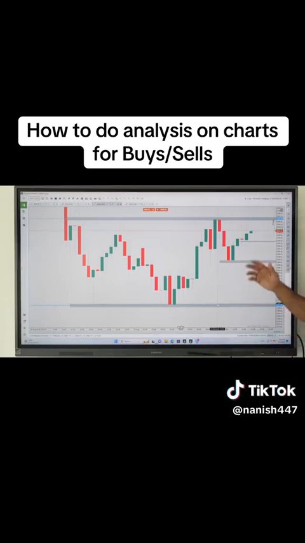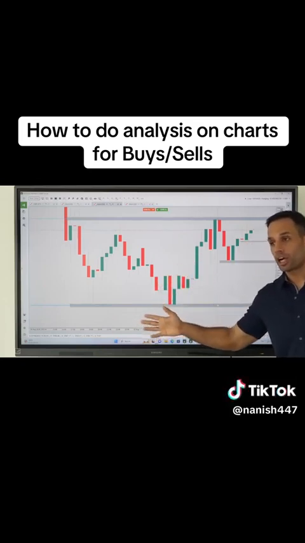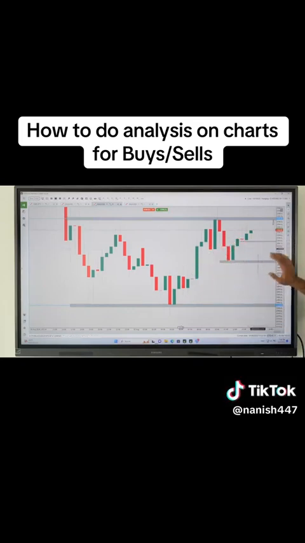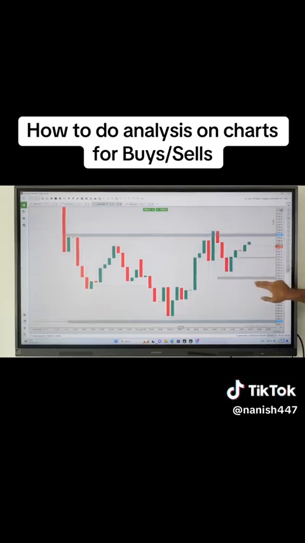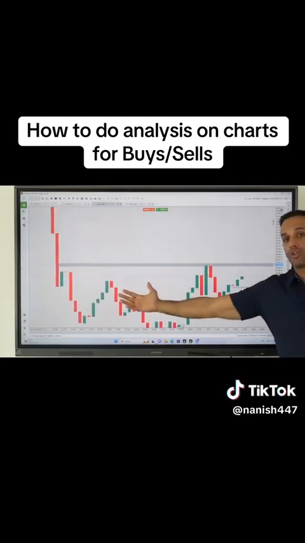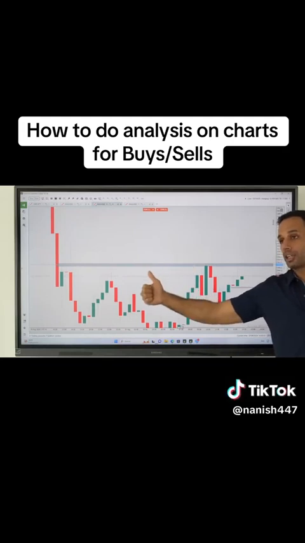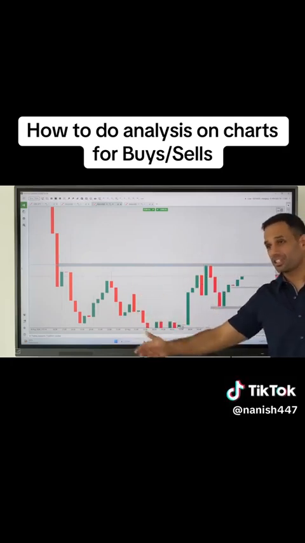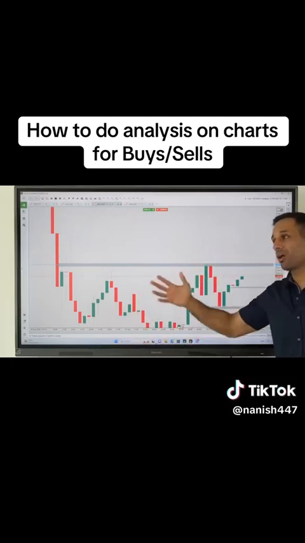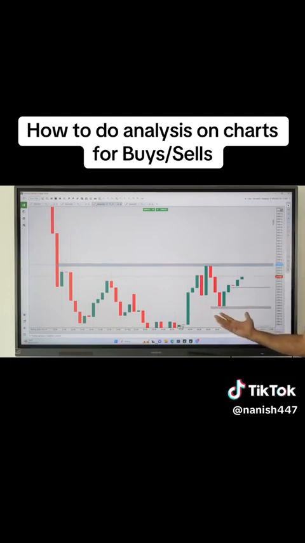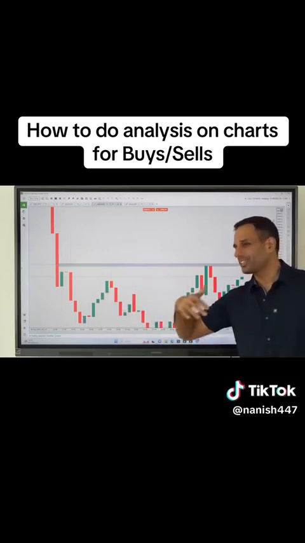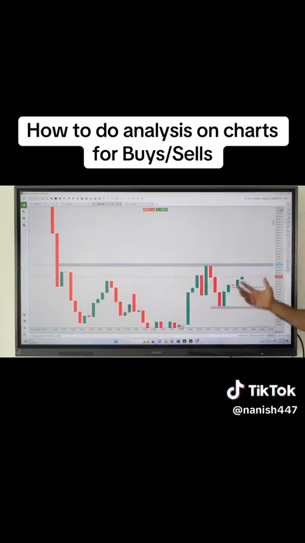So, I hope this helped. Whenever you're opening up the chart, whenever you're doing your analysis, just look at the way where you can see the candles. If you cannot see the candles themselves, there's no reason to take the trade. No indicator is going to help you. No Fibonacci, no SMC, FVG, all these concepts are not going to help. If you can't even read candles, looking at these new flow charts where you see numbers in the candles, they're not going to help you at all, because you have to have the ability to read candles, read price